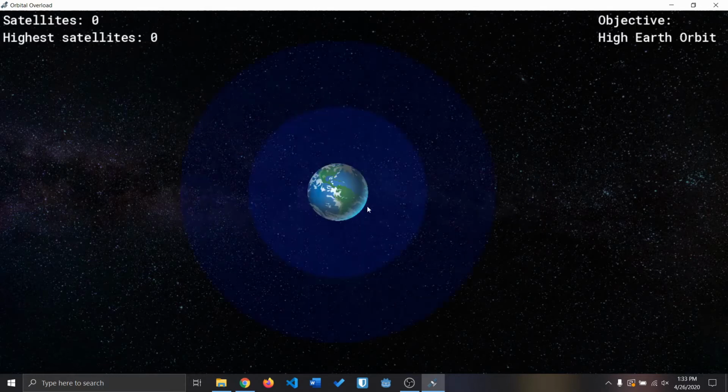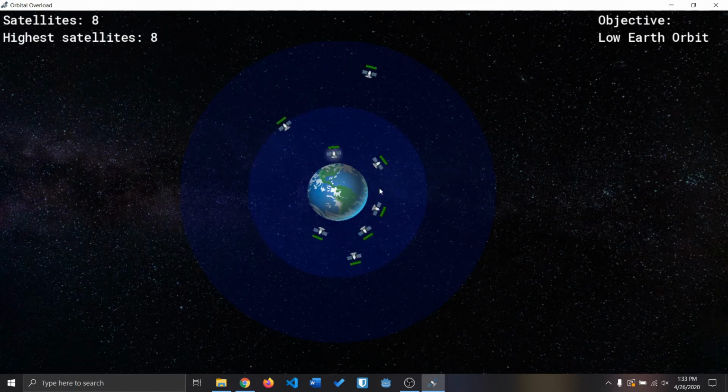When the player is playing the game, they can press Enter to launch their rocket, and Enter again to launch the satellite from it. They're trying to launch satellites into the orbits told to them in the upper right-hand corner. In the upper left-hand corner, they can see their score on how they're doing in fulfilling those requirements. This is designed to show players the process of launching satellites into orbit,